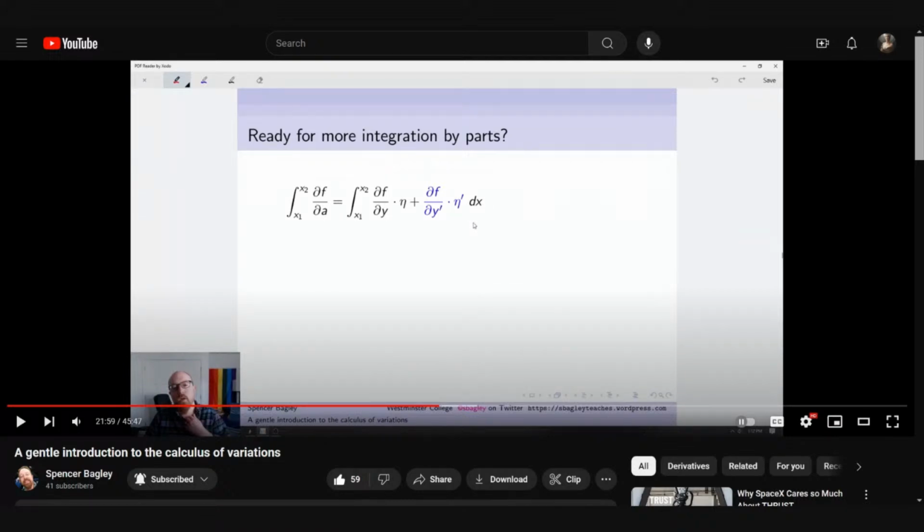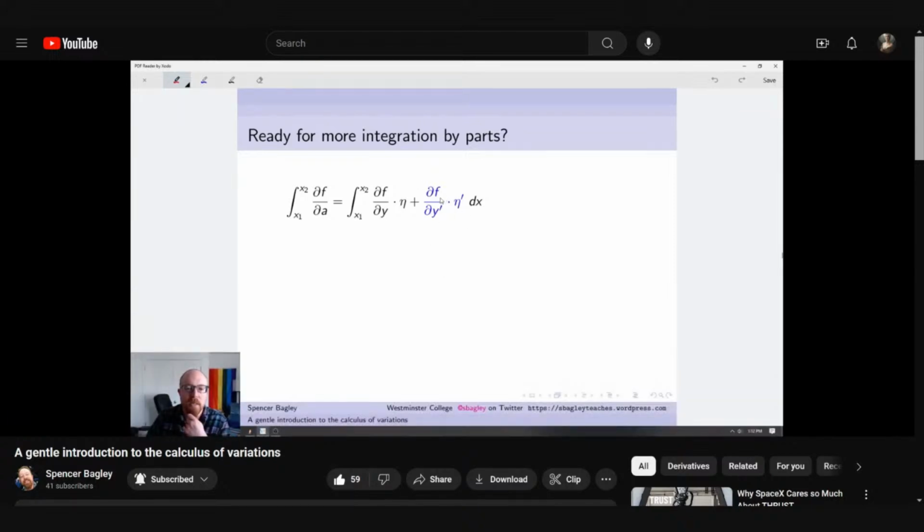I'm going to do an integration by parts here because anytime I see something multiplied by a derivative and I'm integrating it, I like to use integration by parts to get rid of that derivative. That often results in something nice happening. I think, again, the clear choice for dv is our eta prime, which means that v is going to be eta. And then that leaves partial f partial y prime to be our u. We are going to take the derivative of that with respect to x,